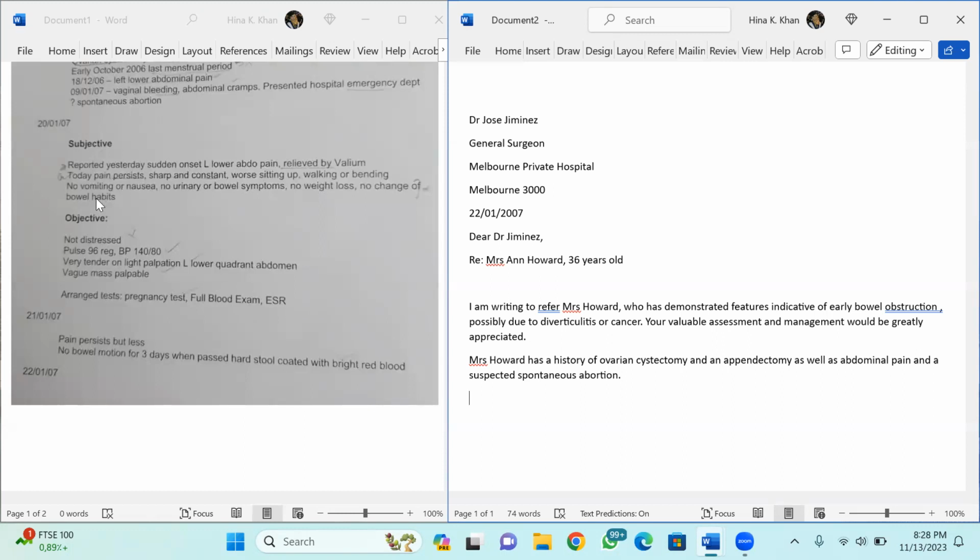And what I found was lower quarter abdomen. There was no weight loss, no change of bowel habits, and nothing. Okay, so we just start. Now what we can say is that we can write, okay, initially on, yeah, we can also say, okay, Mrs. Howard visited me on this. But as I always say, try to say words. So we can just write it, okay, on 20th January 2007,